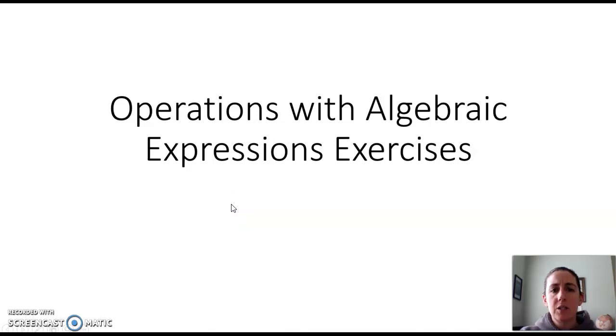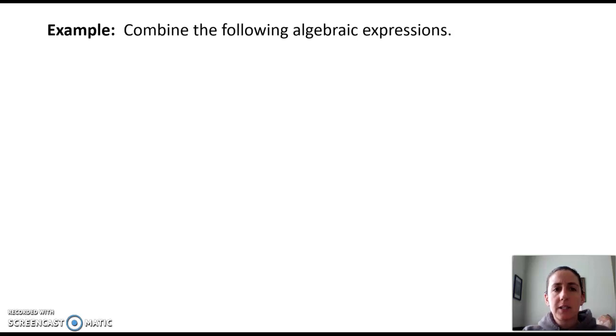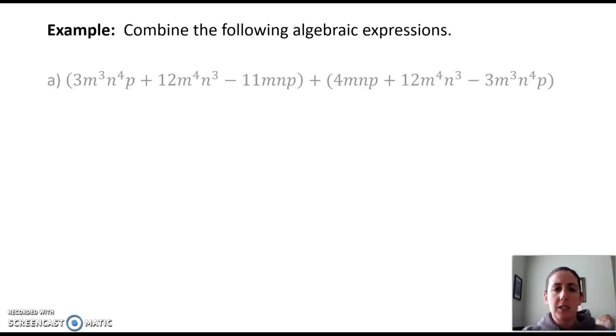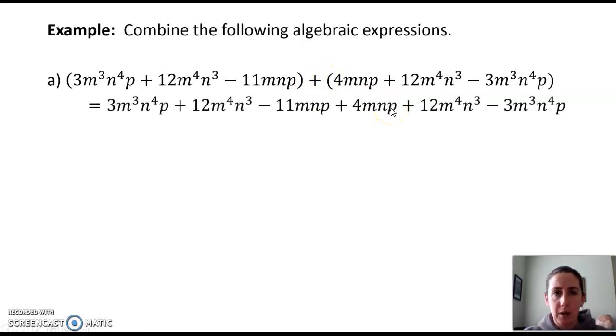Let's go over the solutions to operations with algebraic expressions exercises. So let's combine the following algebraic expressions. Here we have two big groups of algebraic expressions that are both in sets of parentheses. The first thing you need to do is look outside the parentheses and see if there's anything that you need to distribute. There's nothing here to distribute, nothing here to distribute, so you can completely drop the parentheses and just